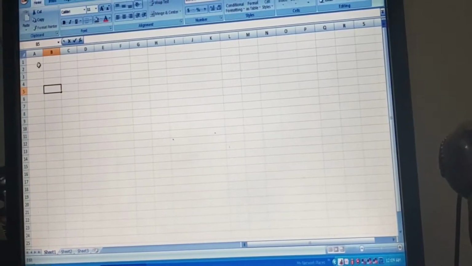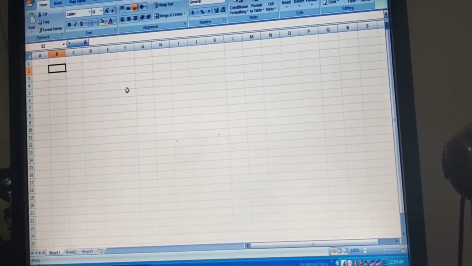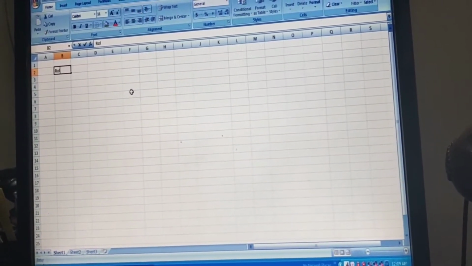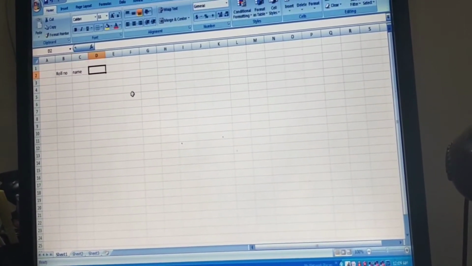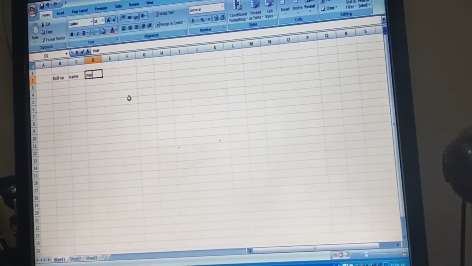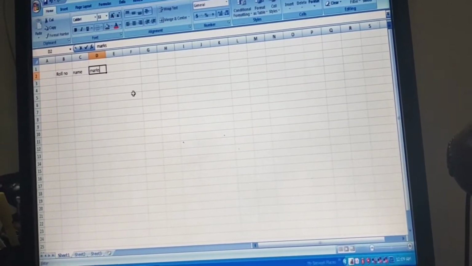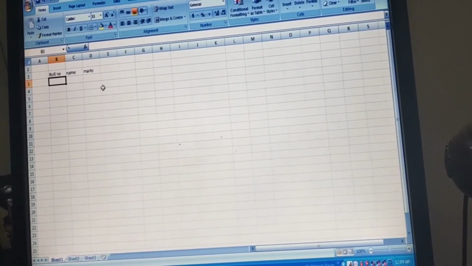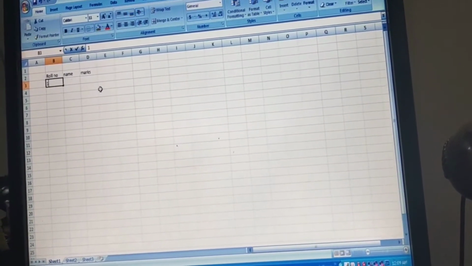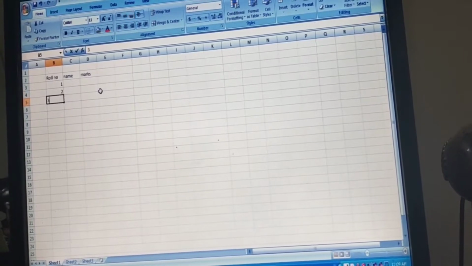Let's learn how to create a worksheet. So let's roughly create a worksheet here. Roll number, name, and marks. Simply you need to click on the worksheet and then enter the data. Roll number 1, 2, 3.